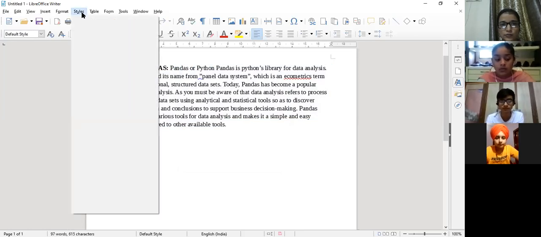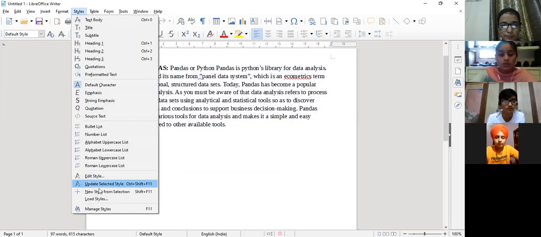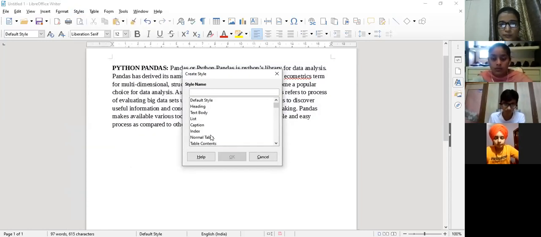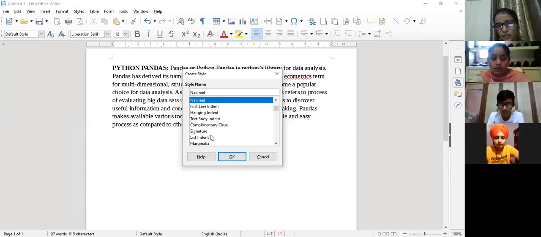Now I have changed it into my name. See, now it is Navneet. In place of Content 6, it is Navneet. Clear? So whatever it is, that is the New Style from Selection option.